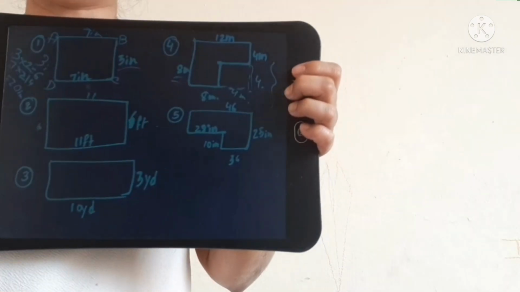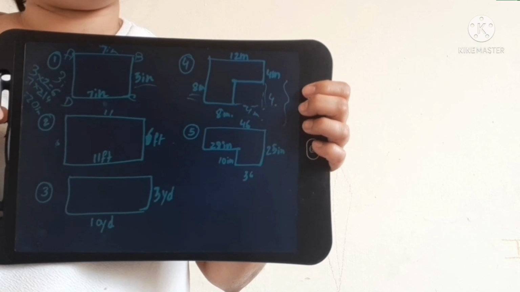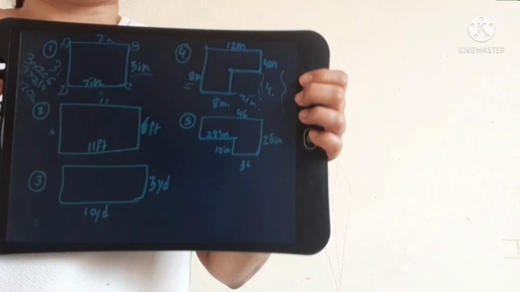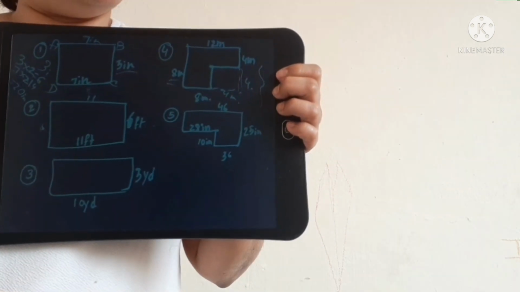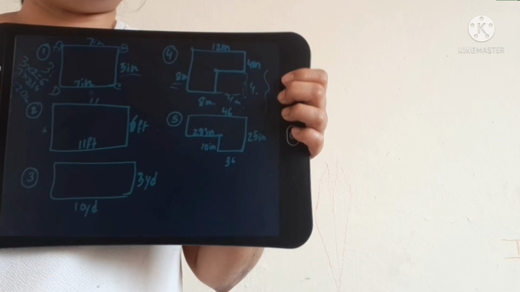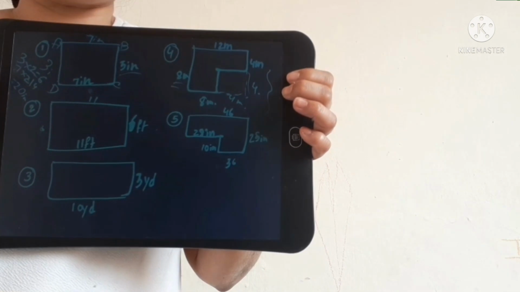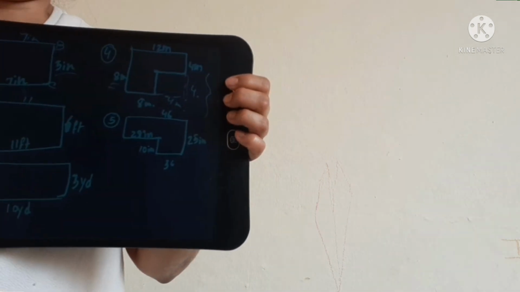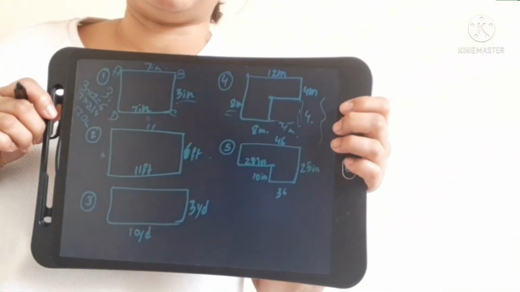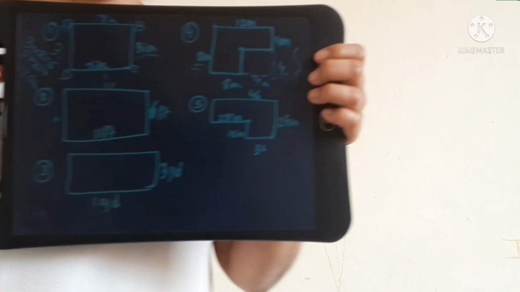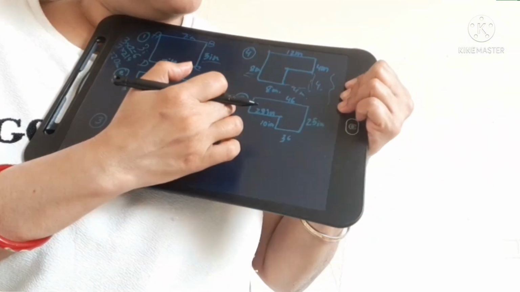After that, we can do the multiplication of those two different rectangles, then addition. Otherwise, we can do 2 times with the same number, write 2 times and do the addition. So this is the way we can get the perimeter of that particular shape. And the fifth one is also the same.